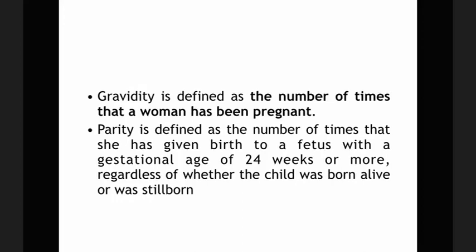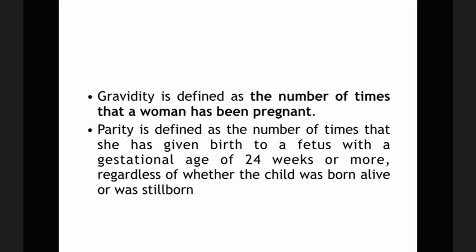There are two more terms you should know. One is gravida. Gravida means the number of times that the woman has been pregnant. Gravida 7 means that woman has been pregnant 7 times. Parity means